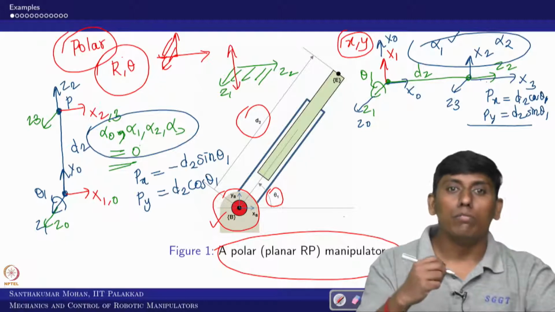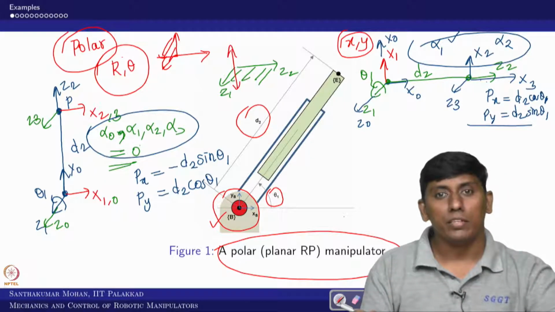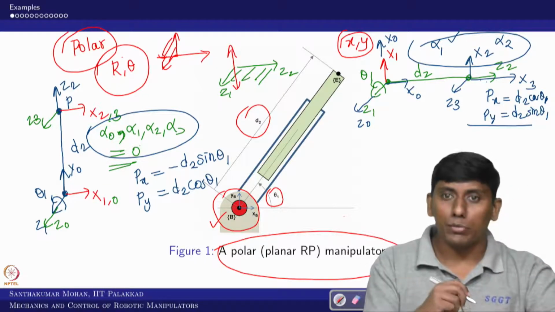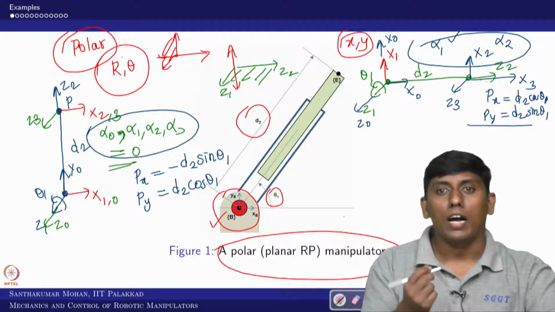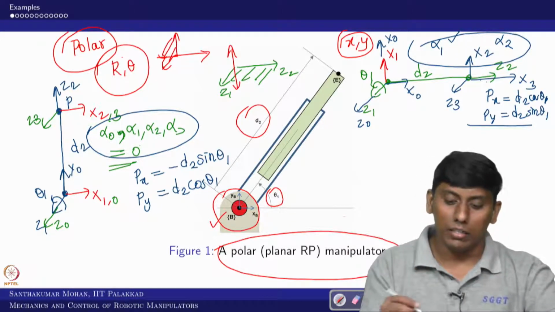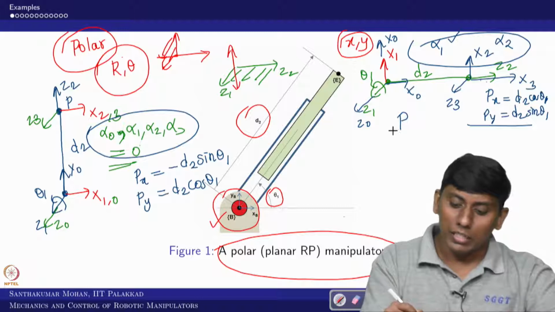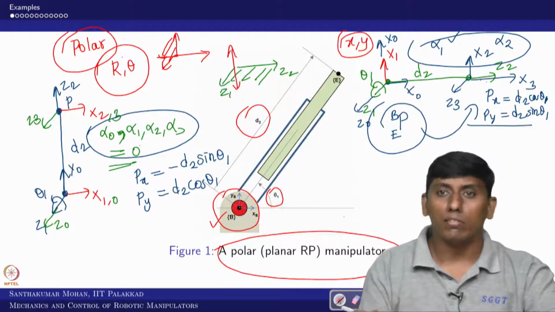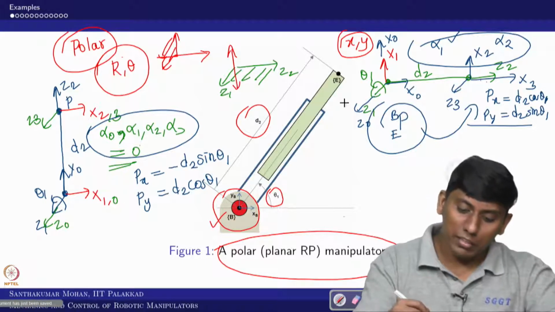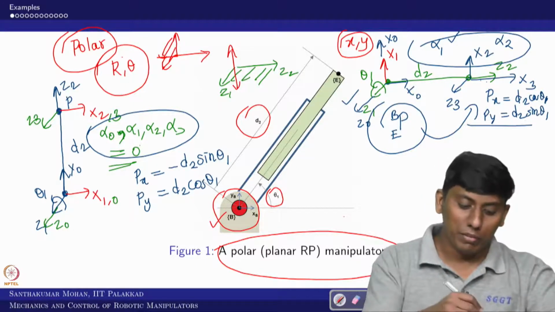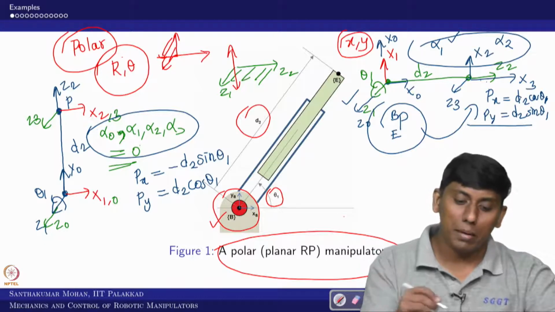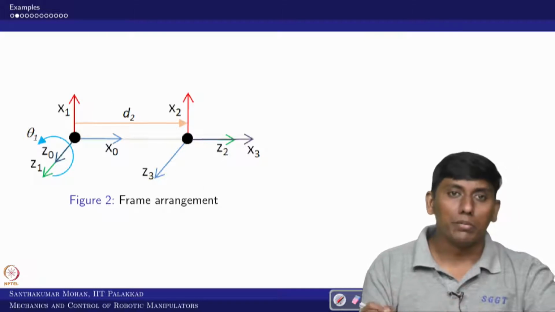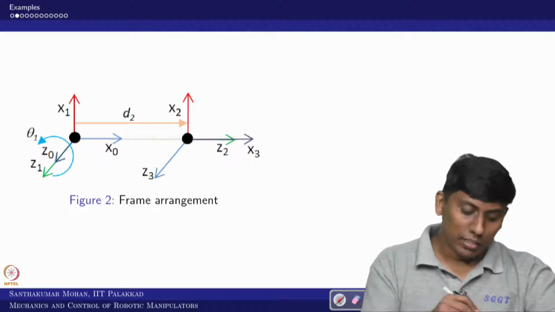We will see how formally we will do this. We will take the frame arrangement, get the DH parameters, substitute them into the arm matrices, and then multiply and finally get the end effector with respect to the base. We will check whether it comes out this way or not. For that I am taking this representation, because this is bound to inverse kinematics. You can see this is the frame arrangement which I had drawn already, that is what we have taken.